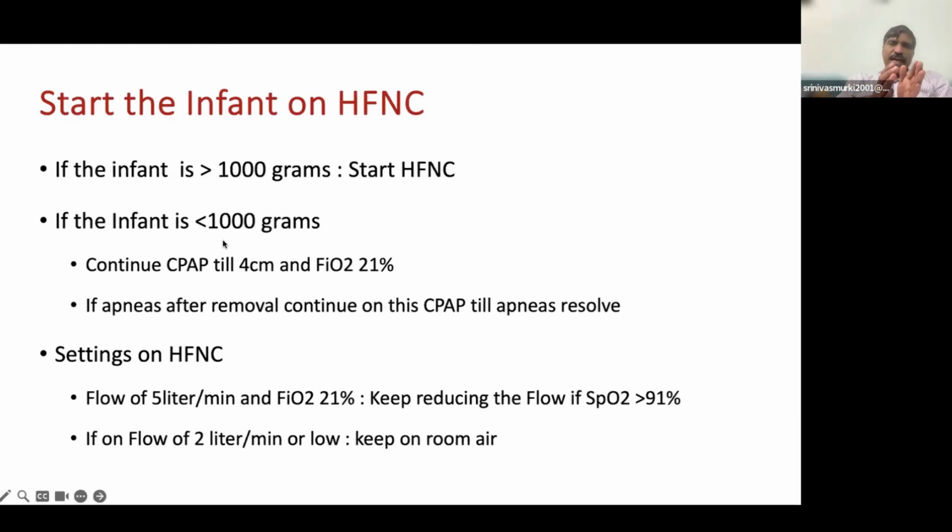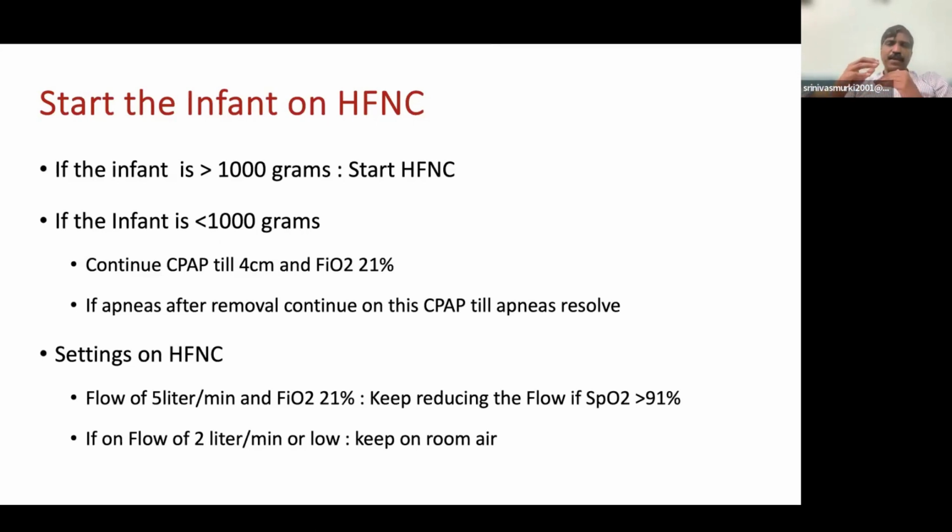Now, we have decided that the baby is already on minimal settings, FiO2 25%. So we want to shift into either room air or HFNC. If the baby is more than 1 kg, you can start the baby on HFNC. If the baby is less than 1 kg, you continue the baby on CPAP of 4, FiO2 21%, or remove and